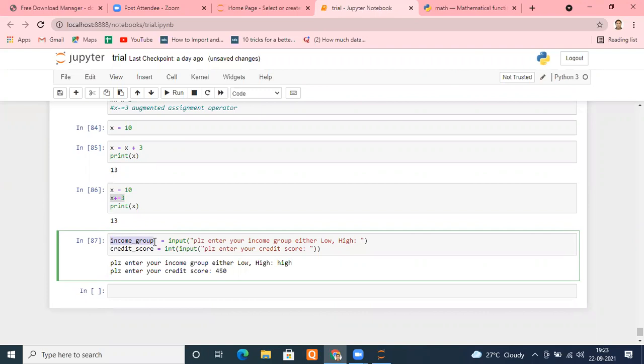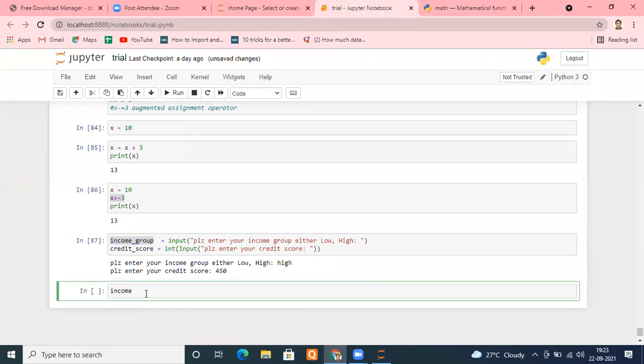Remember, there were two functions I studied yesterday. Remember? The casefold method. Casefold or lower method. Okay, both will do the same task, right? So we can do that processing here. income_group equals income_group dot casefold. Is it fine? Yes, sir. Or I can do dot lower as well. Okay. So irrespective of whether they enter capital letter or small letter, I will always have small high.